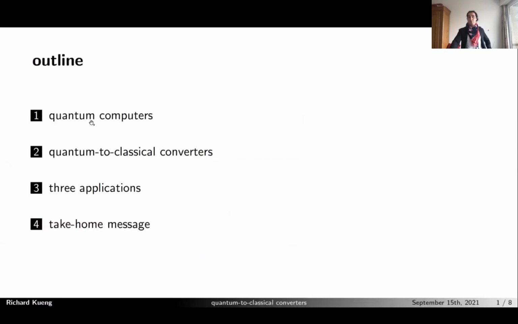To start it off, I will only give the briefest introduction about quantum computers conceivable, just barely enough to motivate the main star of this talk, which are the aforementioned quantum-to-classical converters. I will try to set the stage, convince you that they are important before telling you how you could actually build such a thing. Then I will segue into three applications that I find quite interesting that actually might lead us to near-term advantages with the quantum computers we have today and in the near future. And then we will wrap up.